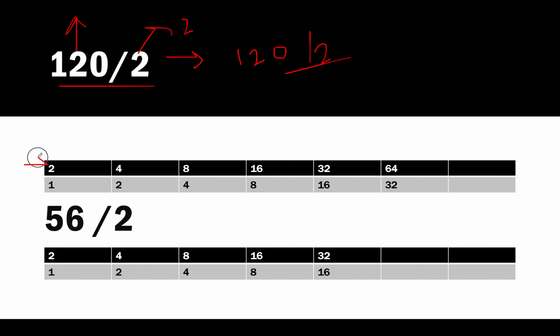So we'll start with 2, and this is my quotient so far. I'm keeping track of my quotient variable here, and 2 is less than 120. It's good. We'll double the value every time, for both the quotient and our comparing variable. So 2 is less than 120, well and good, double the value. We get 4 and quotient becomes 2.